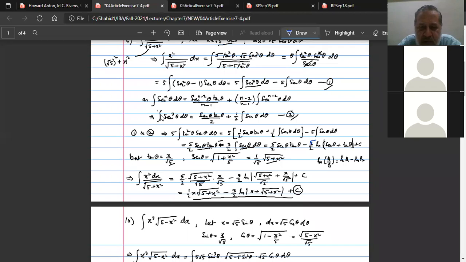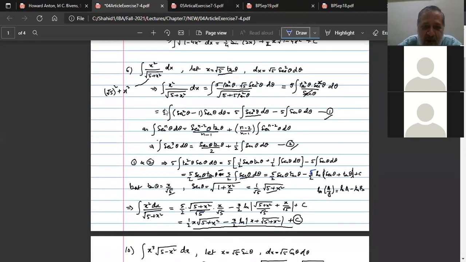Now, the substitution that was made was square root of 5 tangent theta. So tangent theta is x upon root 5. So wherever there is tangent theta, we will write x upon root 5, and wherever there is secant theta, we will use square root of 1 plus tangent square, and tangent square means x square upon 5. So that makes it replacing every trigonometric function in terms of x, and the ultimate result is this.